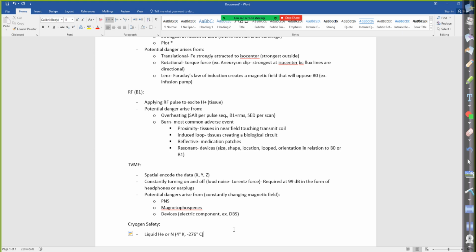Okay, so very cold. So then our potential dangers arise from helium not properly